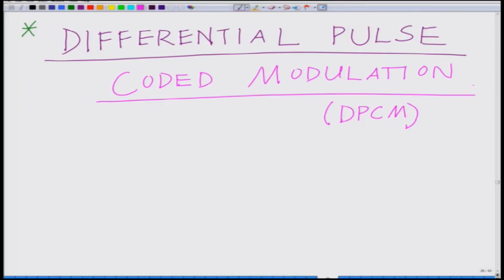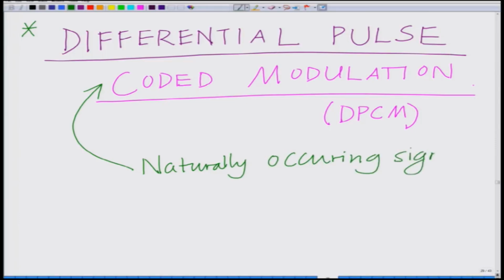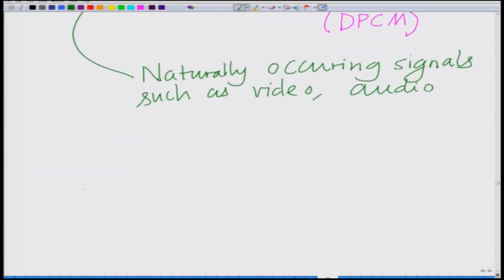This is based on the principle that natural signals such as video signals and audio signals have a very high level of correlation. So, rather than encoding the samples similar to delta modulation, one can encode the differences between the samples, but it is more sophisticated than delta modulation. The key principle is that naturally occurring signals such as video and audio signals